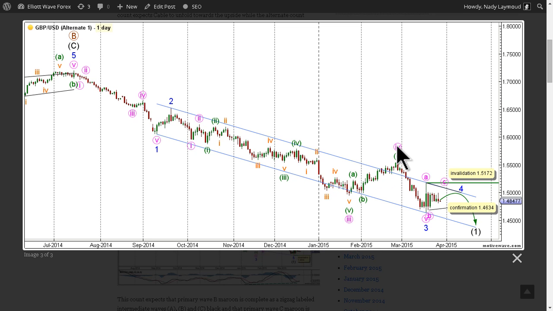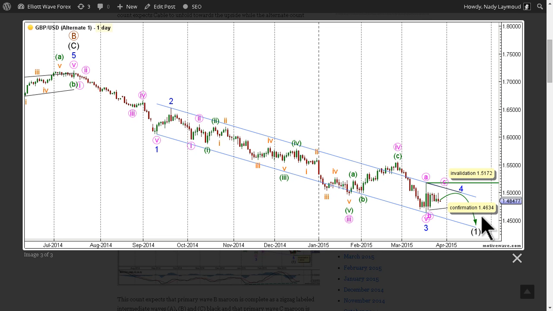Wave 4 pink unfolded toward the downside as a zigzag labeled A, B, and C green, and the alternate count expects that wave 3 blue is complete, and that wave 4 blue is unfolding in a sideways manner as a triangle labeled waves A through E pink, with waves A and B pink complete, and wave C pink is unfolding in a sideways manner. It would be confirmed that wave 4 blue is complete by movement below 1.4634, and we